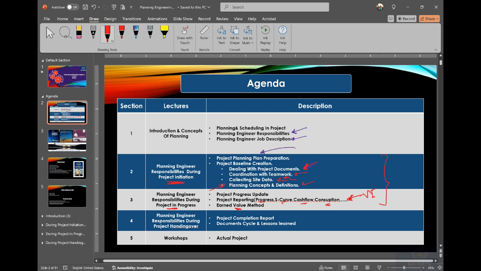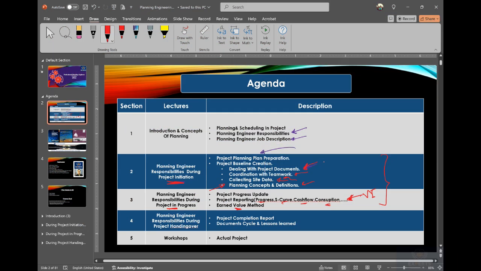Okay, so once we understand this one, we'll be ready to go to chapter number 4, or section number 4, which is the responsibility of the planning engineer during the project handing over. In this chapter we will understand the responsibility of the planning engineer after the project finishes or during the demobilization of the project. Okay, how we can complete the project, how we can prepare the completion report. Okay, what is the document cycle? Okay, what are the lessons learned,